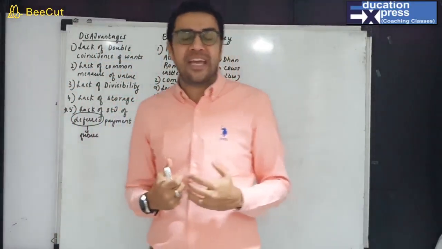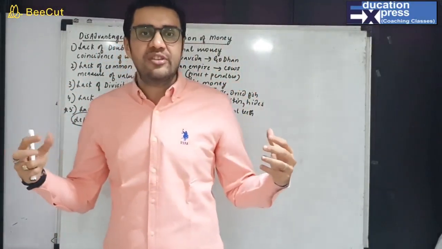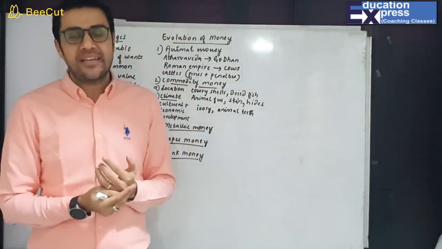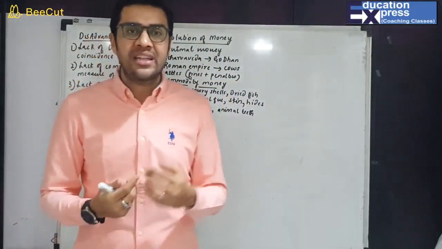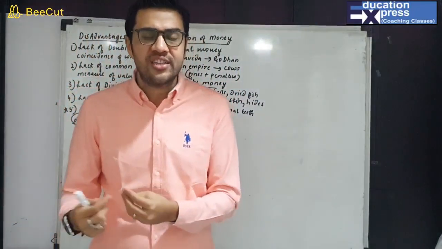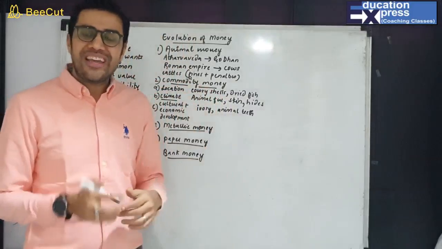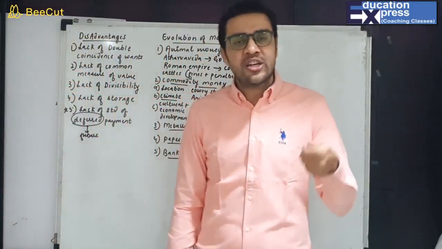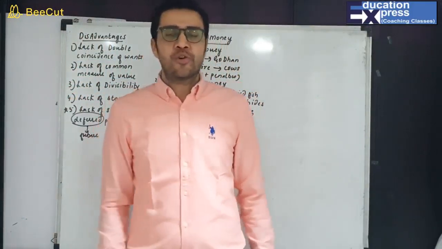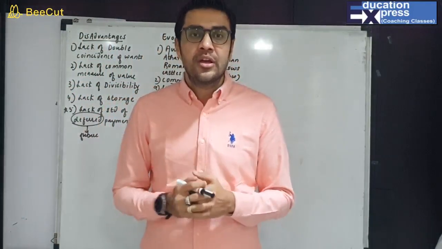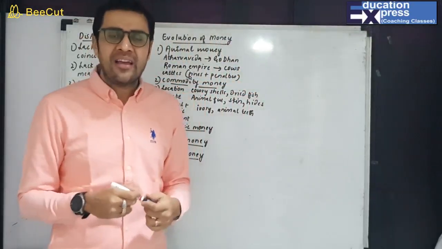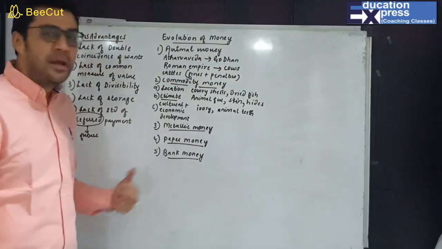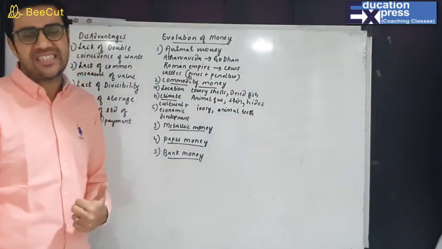why did this bank money come up? Because trade and industry were far more developed. Okay, more transactions started taking place. So better was bank money in the form of check, draft, bill of exchange, which could easily be taken from one place to another place. For example, carrying 1 crore in cash, versus writing 1 crore on a check and going, that is much easier. So a depositor in a bank can withdraw just by signing a check. So that was your bank money which came into existence.